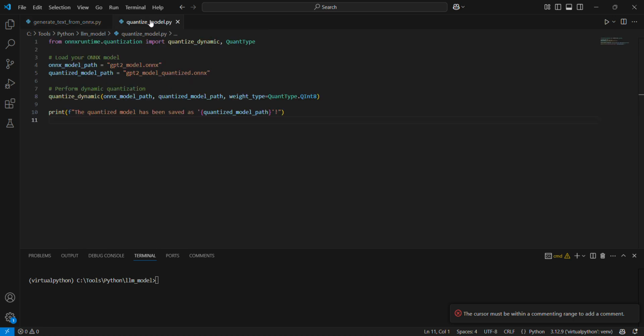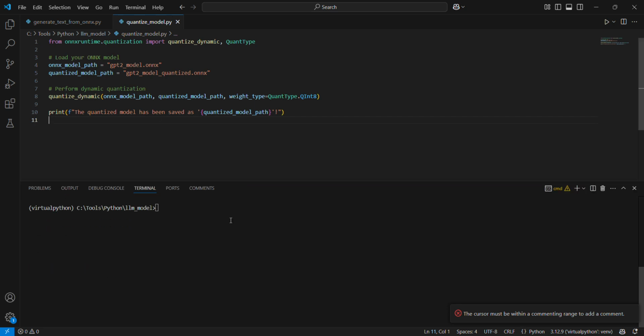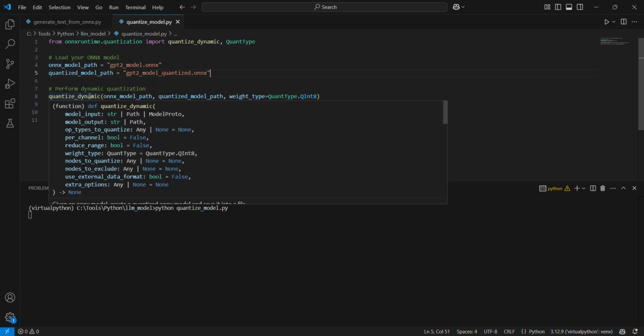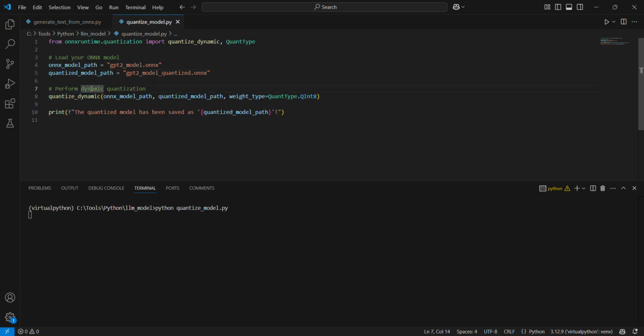Now, quantization means making the model smaller and more efficient for smaller devices like laptops and Android phones. To quantize, I've already run the code, but I'll first run it. This is the code, so it may take a while to run, but here I'll just quickly explain. It takes an input model, which is this one, and then it will generate an output model by this name. And once this is generated, then it will